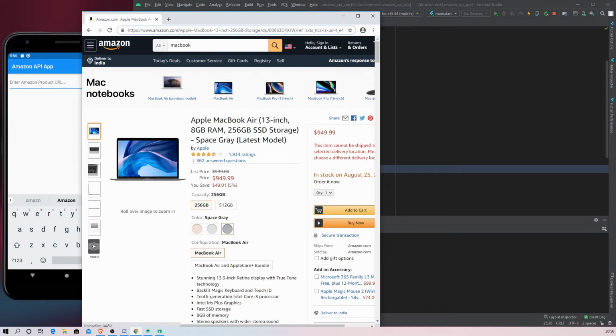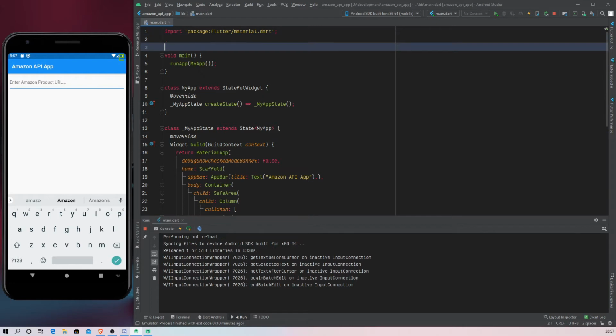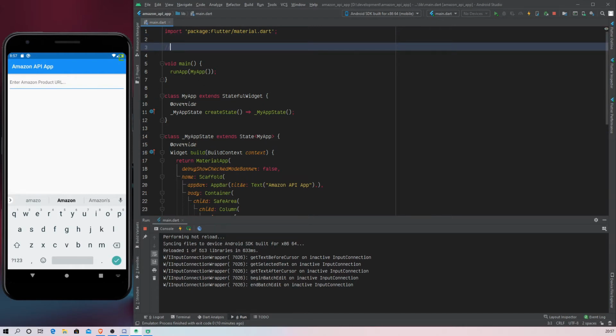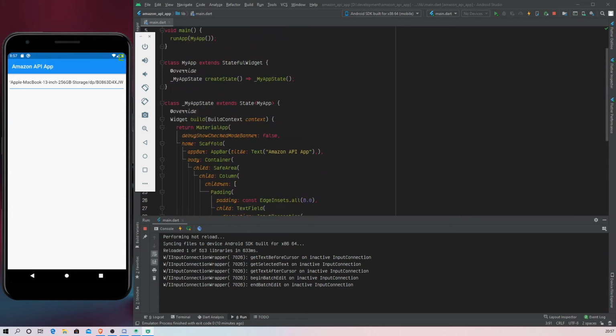Copy the URL. Now we can close this. So just for later use, I'm going to put a comment here which is Amazon product. I'm going to put this so we don't have to open Google Chrome each time. And what you can also do is paste that here, and that we can keep for later.